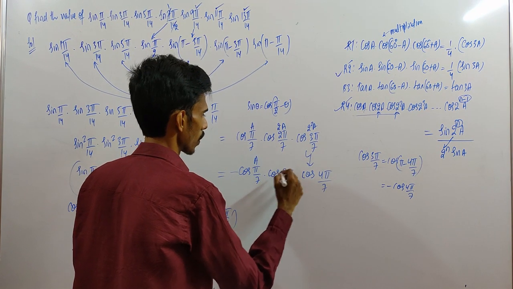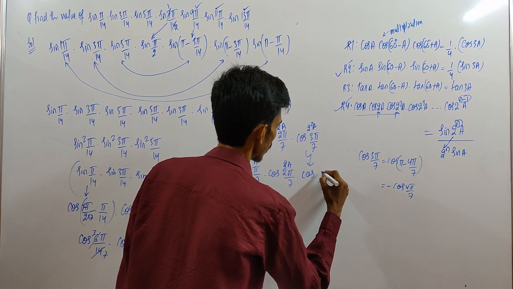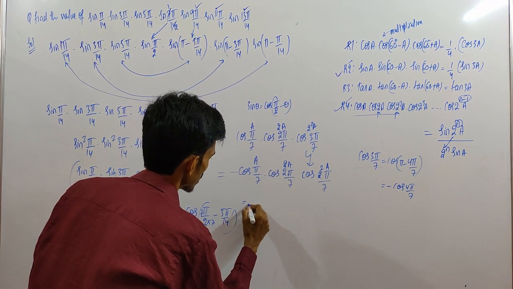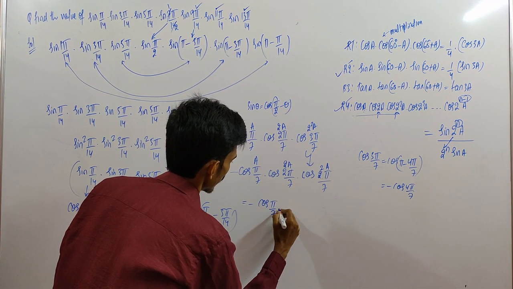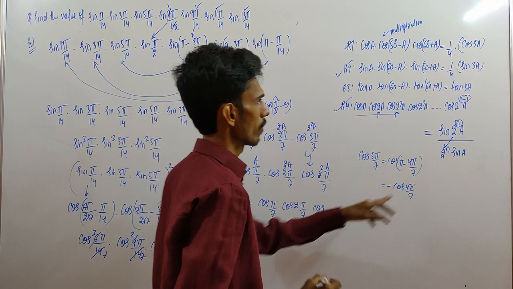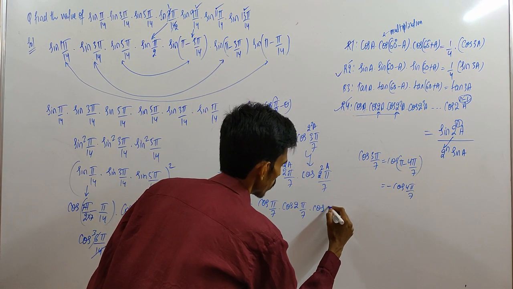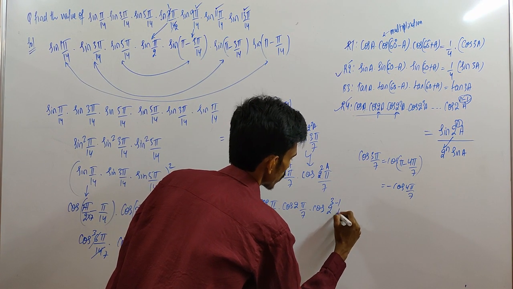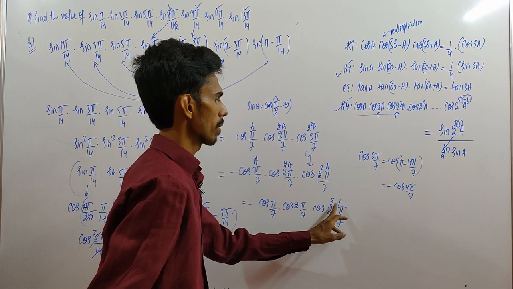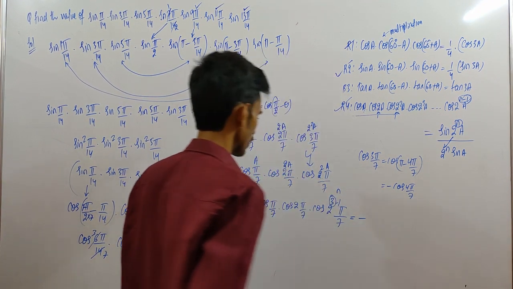So this is cos A, cos 2A, cos 4A can be written as 2 square A. Now this can be written as minus cos pi by 7 into cos 2 into pi by 7 into cos 2 square pi by 7. Here we want 2 power of n minus 1, minus 1 is required. So here 2 power of, we can write down 3 minus 1, pi by 7. So 3 minus 1 is 2. Here value of n is 3. This will become minus